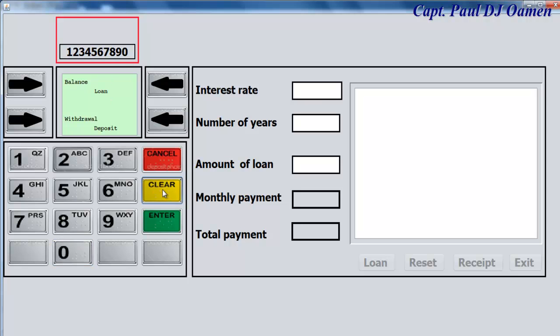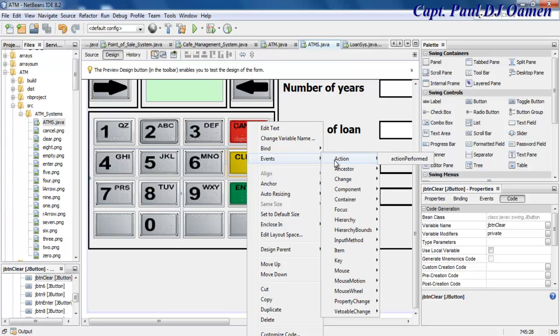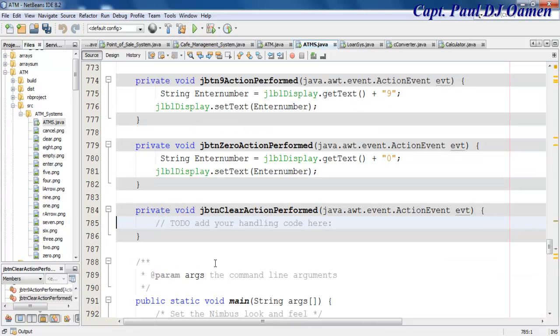Alright, we also need this to work and this to work. If we cancel, we expect the system to exit. And okay, now let's come in here, right click on that, let's select action perform. Action perform for that will be, that is clear, so all we just need it to clear is this, to clear the text box. So I'm going to copy that and paste that right in there. So we enter no there. That is it. So if I run it,